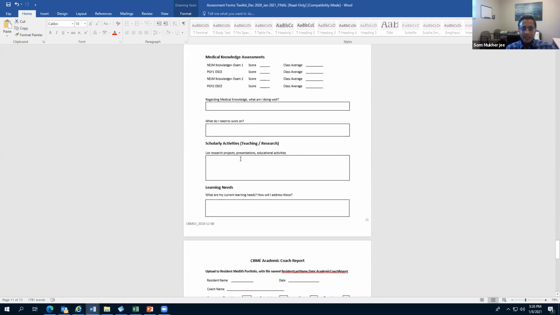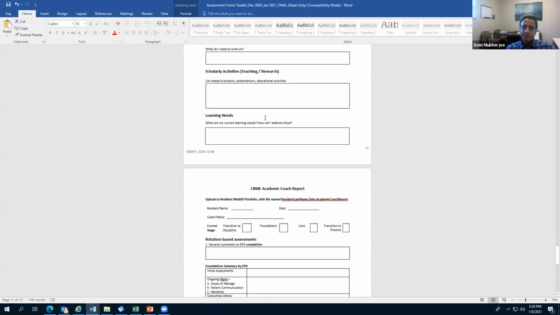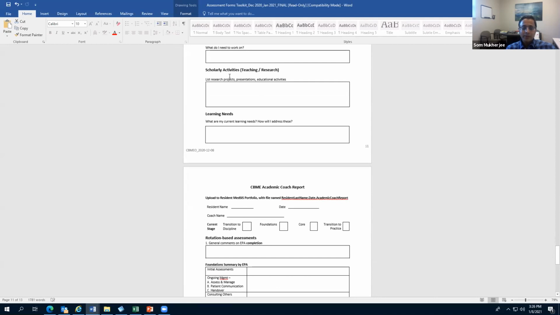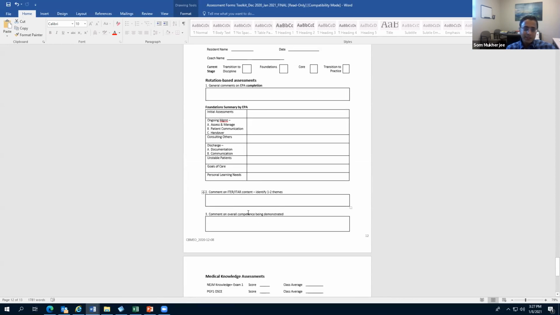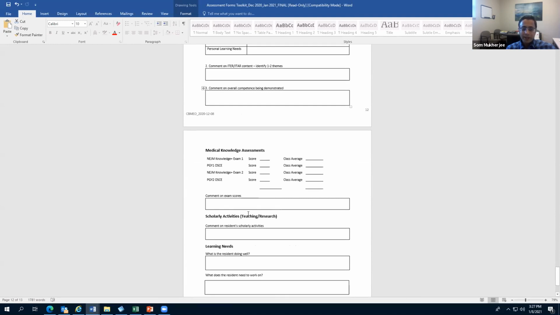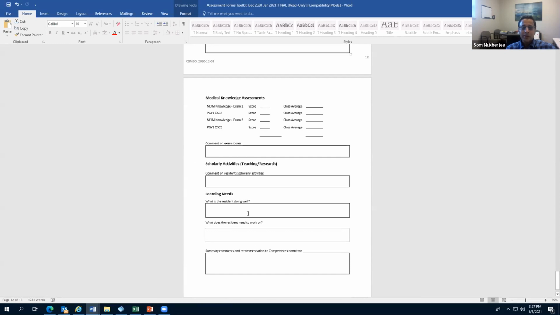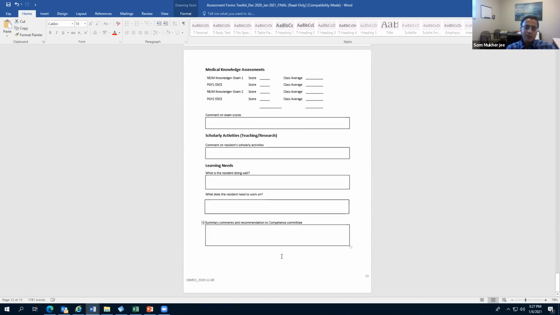And then scholarly activities, what research are they working on? This will be an incredibly helpful document for the academic coach, who would then complete a similar form, often referring to the form that the resident completed, and basically doing a similar thing, but providing a more objective summary of that resident's learning, and ultimately a recommendation that they would put forward to the competence committee,